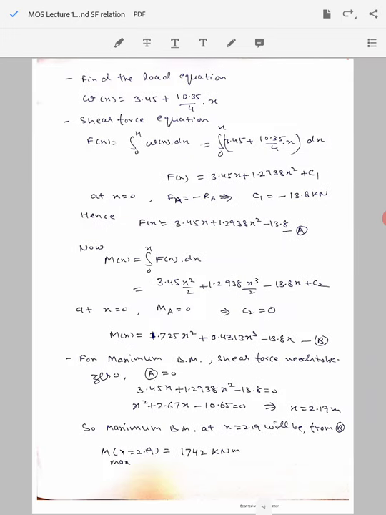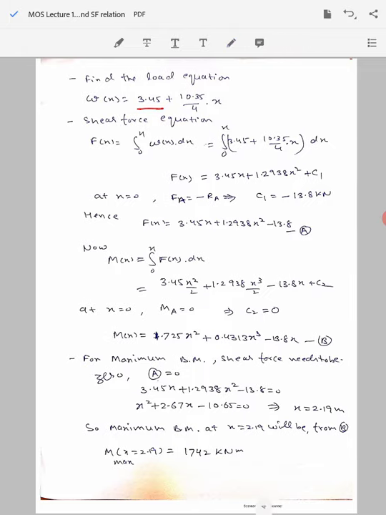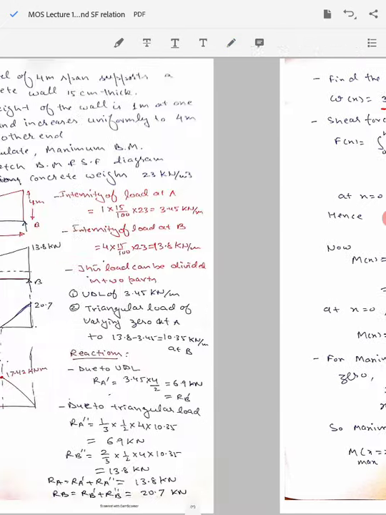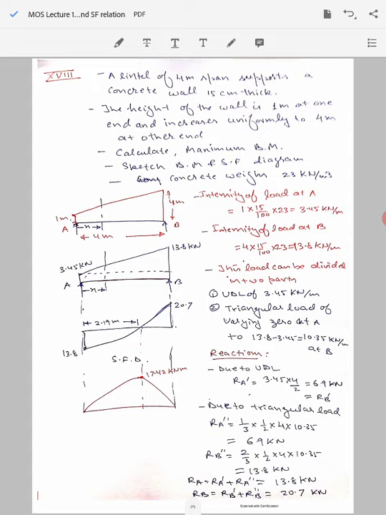So here you see that the loading at the left edge is 3.45, because it is constantly 3.45 over the entire distance from left to right, A to B, and then because of the triangular loading which is going from 0 to 10.35 over the distance of 4, the value at any point x will be, because it is uniformly changing, the load 10.35 divided by the distance 4 multiplied by x. So that will give us the load at any point x. So it is 3.45 plus 10.35 over 4 multiplied by x that will be the value of load because of that triangular load.